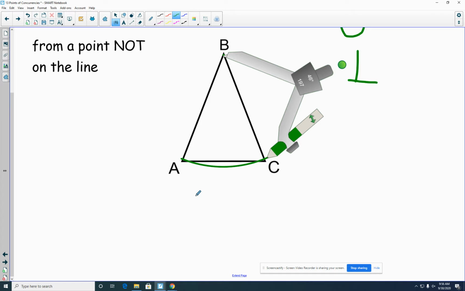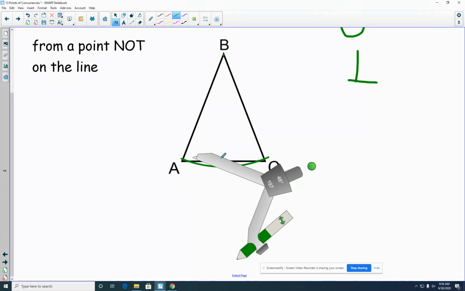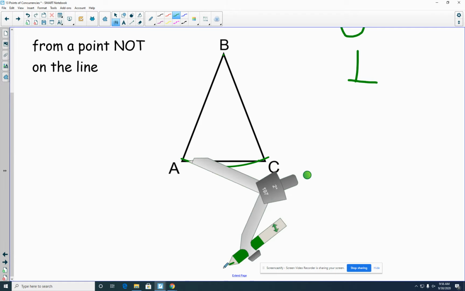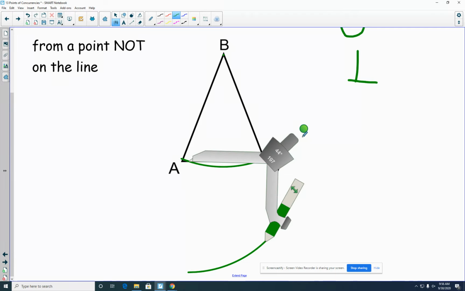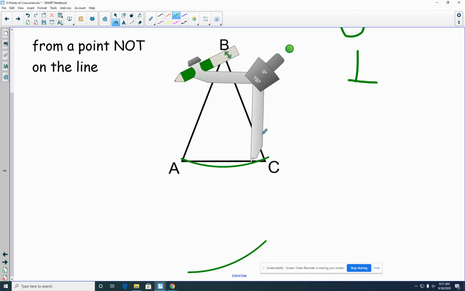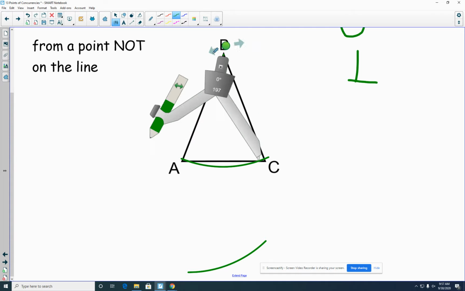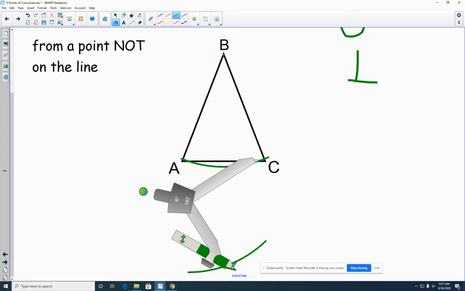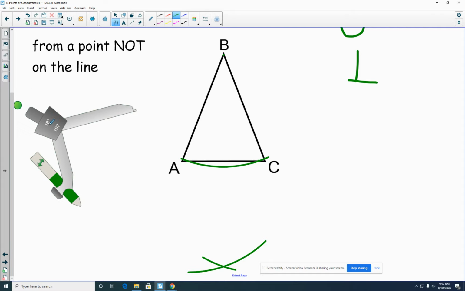I get 2 points of intersection here and here. Take my compass, swing an arc only below since I have my point above. Flip it around, go to the other point of intersection, swing my other arc,